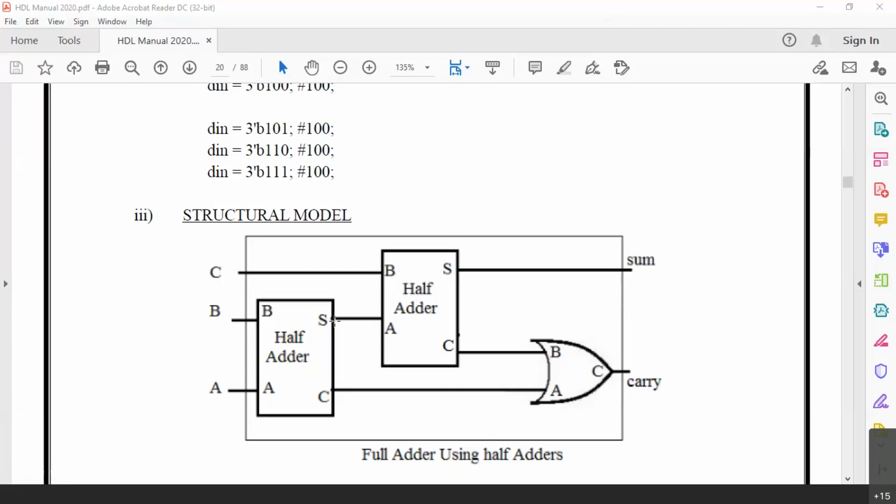But we have to connect the output of this half adder to the input of this half adder, so we need one wire here. Similarly, the output of this half adder should be connected to the OR gate input. This is one more wire, and this is one more wire. We require these three wires here. Without the wires, how do we connect them together? For such connections, we require those three signals in VHDL. In Verilog also, we will be using them directly as wires. I'll show you later on.